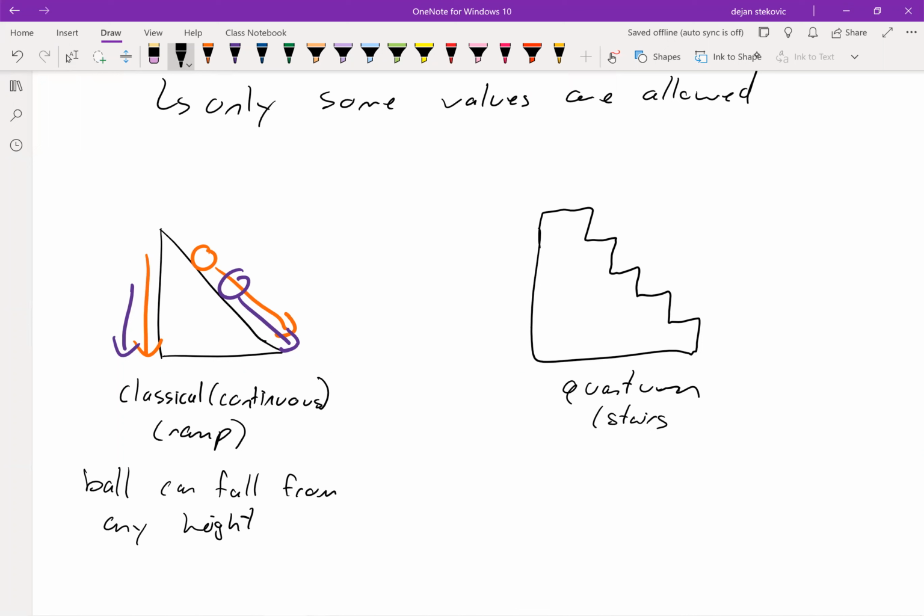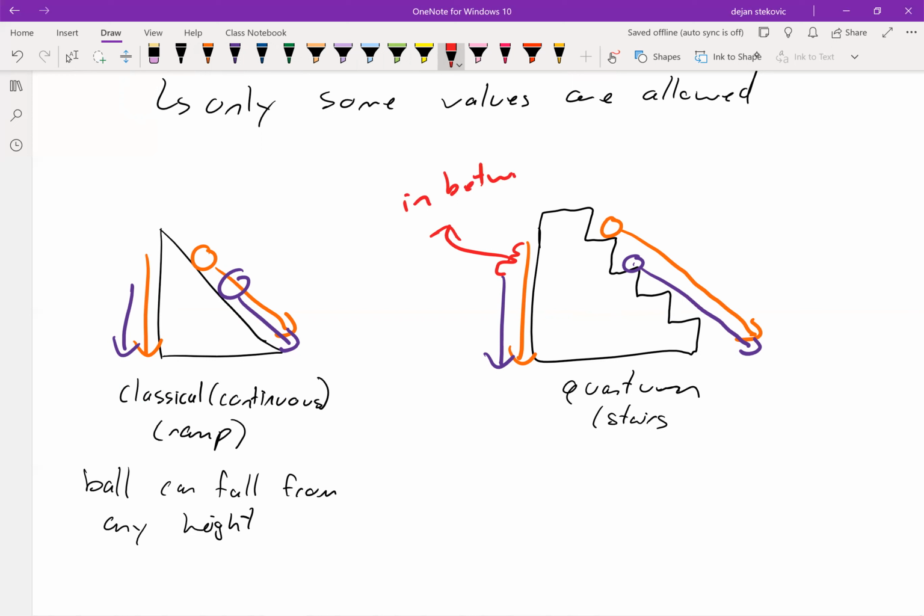On the right side, we have our quantum staircase. So for example, we could put a ball on this staircase and we could let it fall down, or we could put a ball on this staircase and let it fall down. And so that kind of represents the two heights that we can fall from. And what's weird about the quantum realm is that values in between these two heights are not allowed. So if there's any distance between these, it's not allowed. So in between,